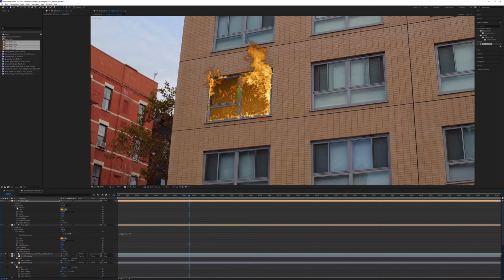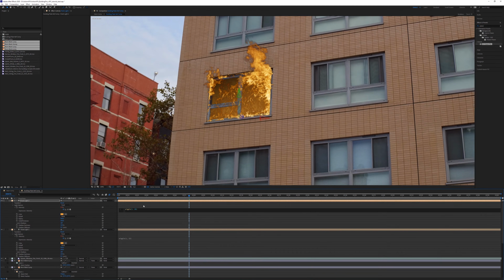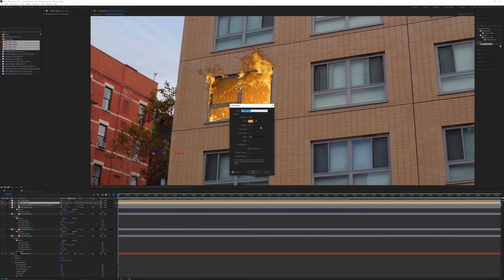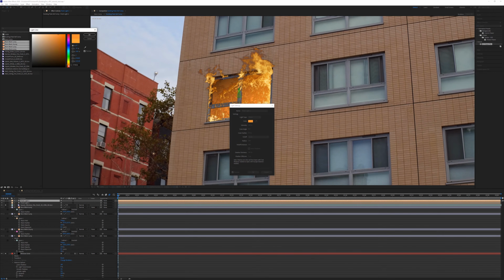And then on this one, and this one already has the expression, so we can just edit that. So maybe 1.5, and this one can do something like 70. For the color of these lights, I think I'm going to make that just a little bit more orange and slightly less greenish, maybe something like that. And then on the other one, just drop that down a little bit and click OK.